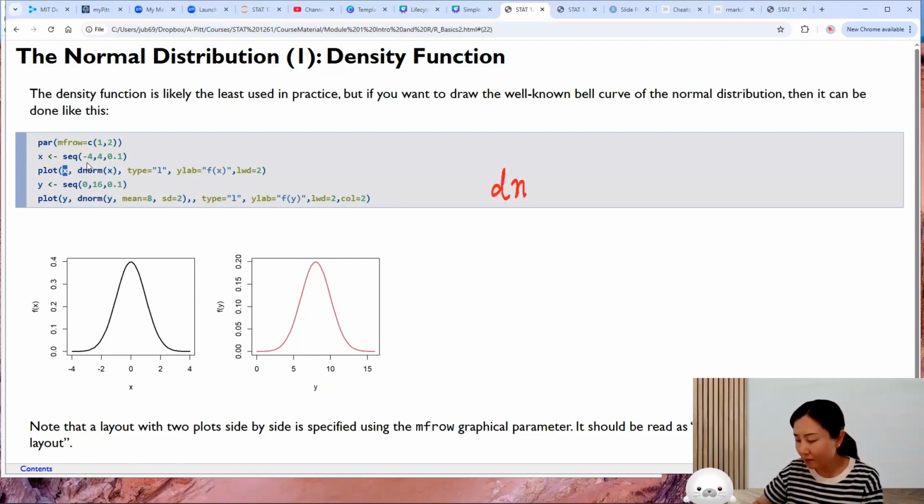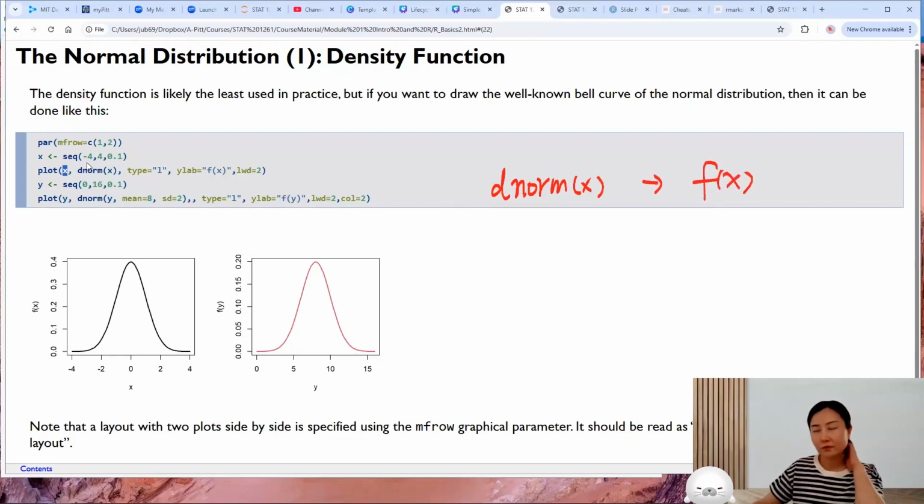So dnorm(x) will calculate f(x) for the standard normal. That's why in the line plot, y corresponds to f(x), and x corresponds to the x values. And you see that the PDF for the standard normal is a bell-shaped curve centered at 0, very concentrated. And similarly,